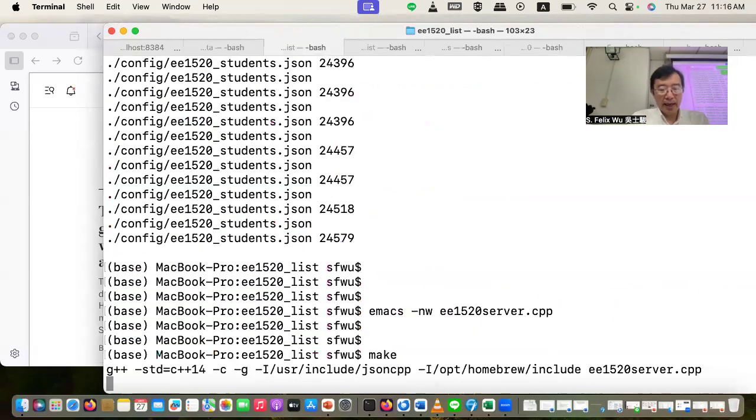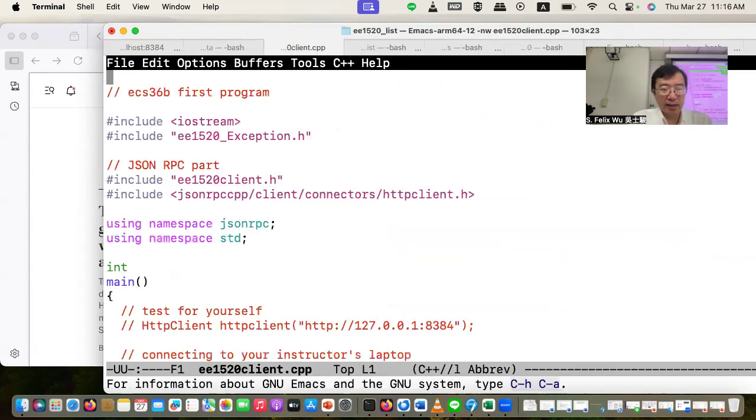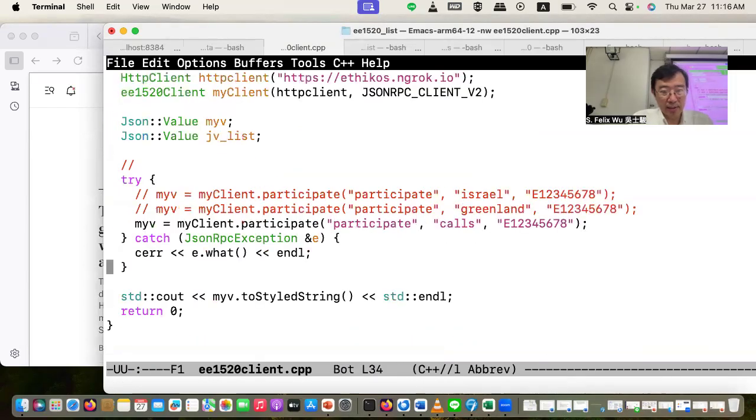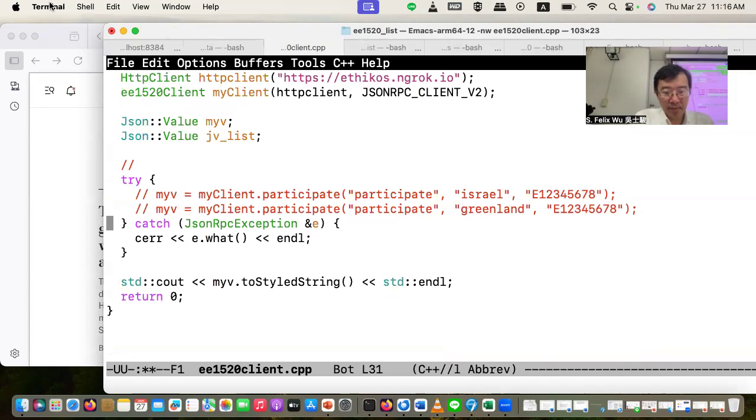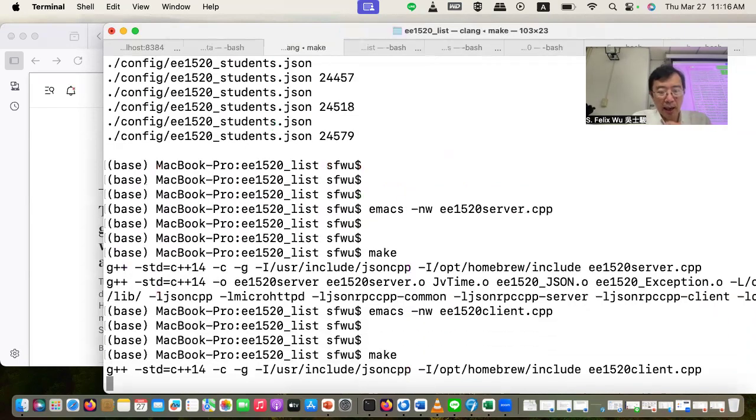Now I can do a make. And now I can change this client to escalates. And you need to do the same thing. Okay, now I'm going to compile this.